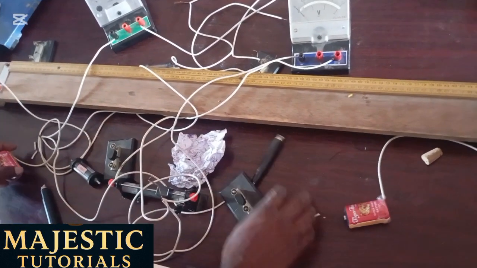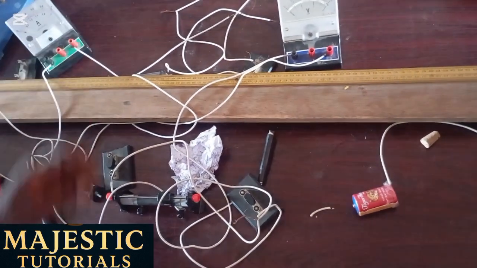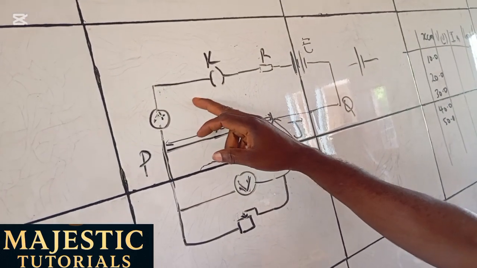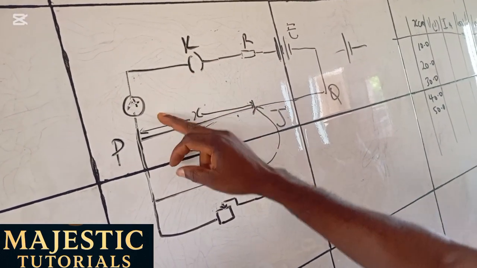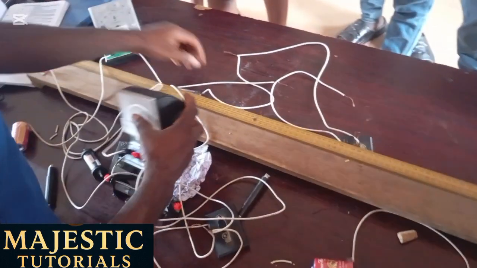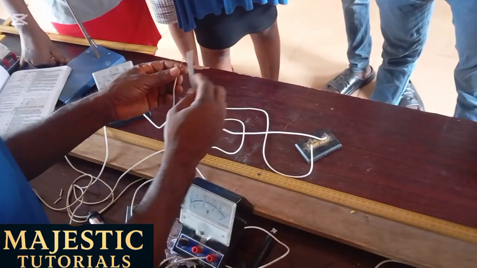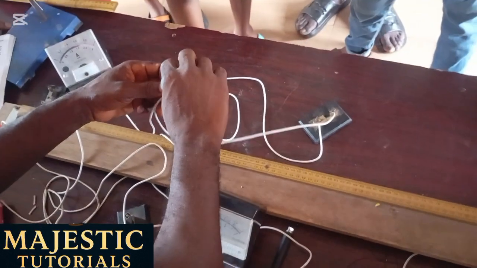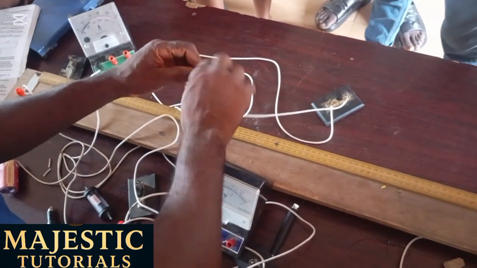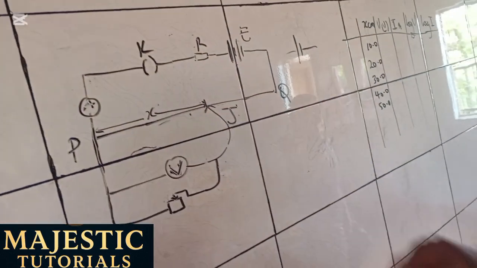Now, having done this, then you will complete the upper one. We have one wire from the key joined to the ammeter, one wire from the key joined to the ammeter. That's what we have done now. One wire from the key, the remaining side, joined to the ammeter, and then one wire from the remaining side of the key